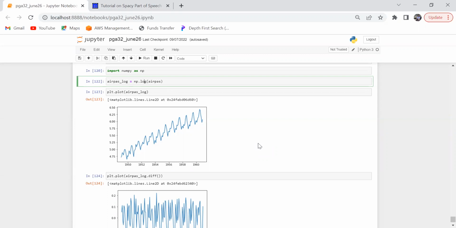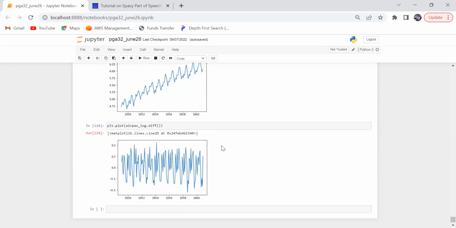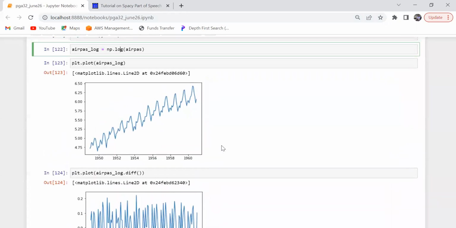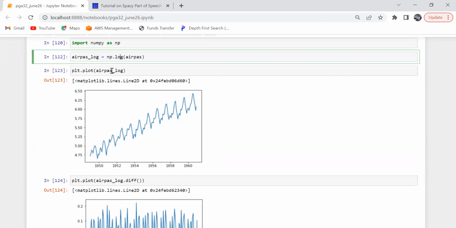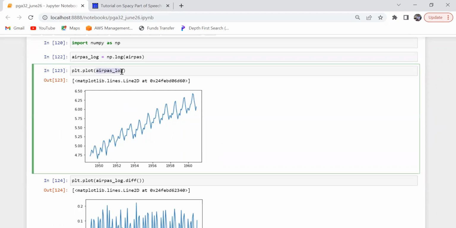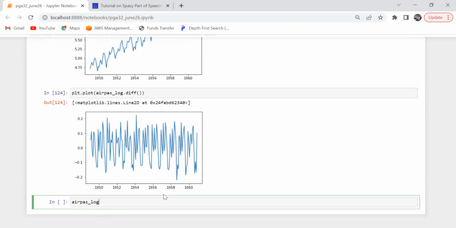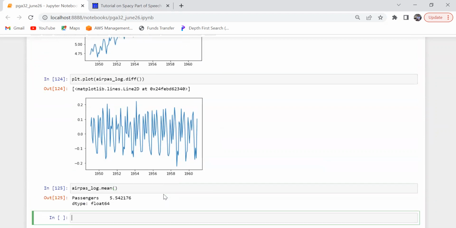Sir, do we have any method or way to check the mean and variance at consistent point intervals? Do we have any method to check what? Mean or variance at consistent point intervals. See, if you want to find the mean, then what you can do is you can take this thing and you say mean. Okay, if you want to find the variance, then you can find variance. Or let me say standard deviation,